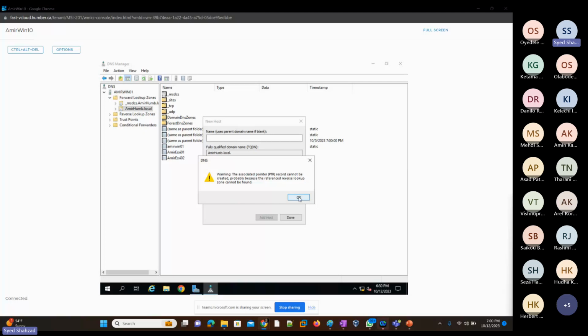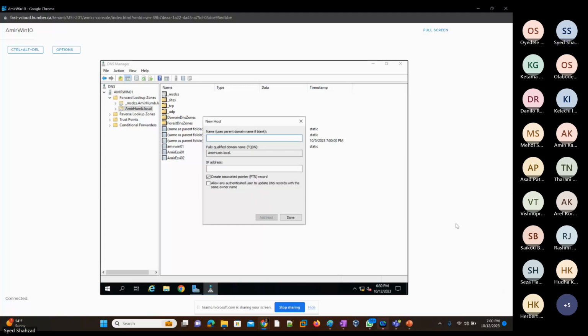Okay, so yeah, it gave me a weird error. Now I don't know why it said that the reverse lookup zone is not available. I'll still keep on creating the correct spelling based names. I'm going to go for the third one now. Amir, oh, what am I doing? Yeah, Amir